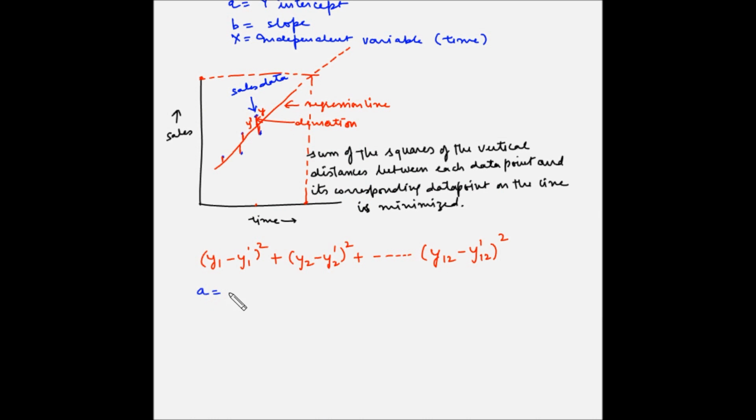A is equal to Y bar minus B X bar, and B is equal to sigma X Y minus N X bar Y bar divided by sigma X square minus N X bar square, where A is the Y intercept,